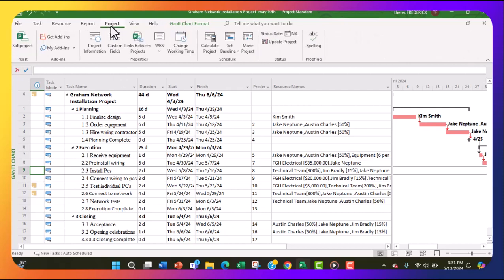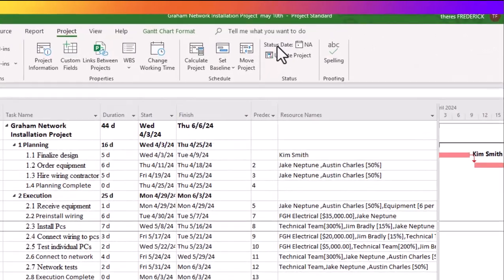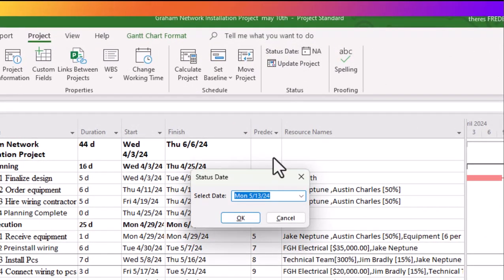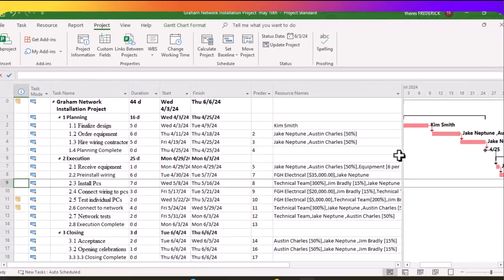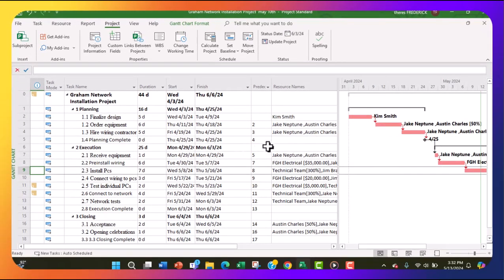So I'm going to project, status date, and I'm going to set the status date as the 3rd of June. So at the 3rd of June, we are going to be doing an update. So I've set the status date. All right, so we have those two dates set. So let's actually, after this, let's